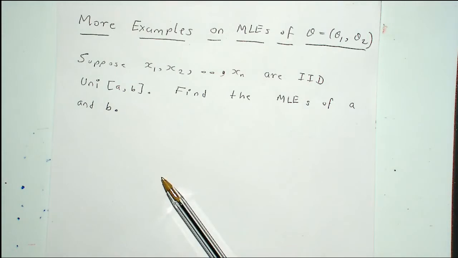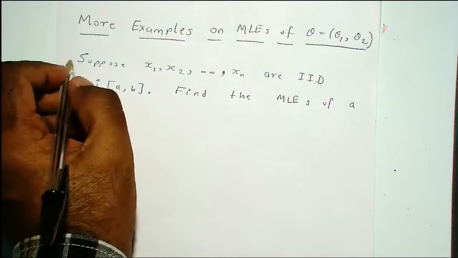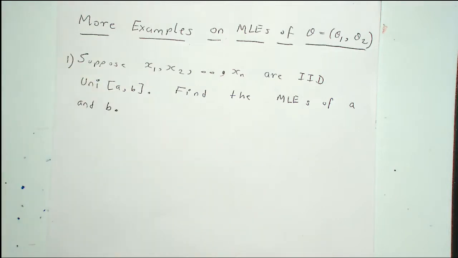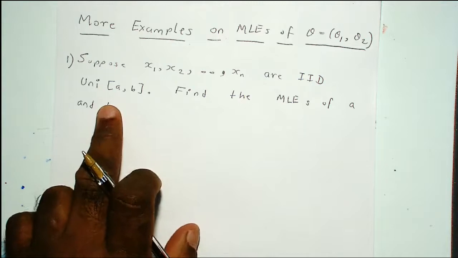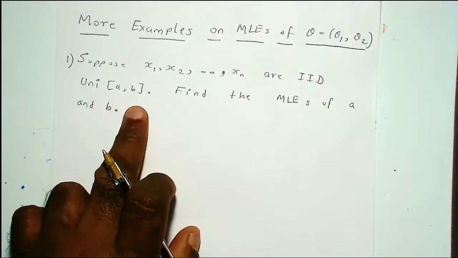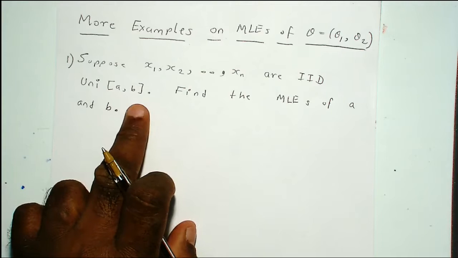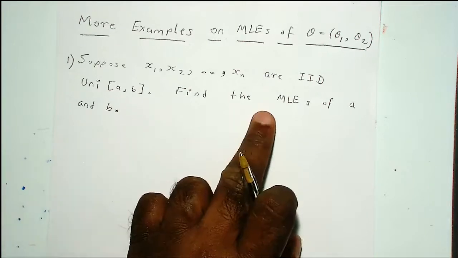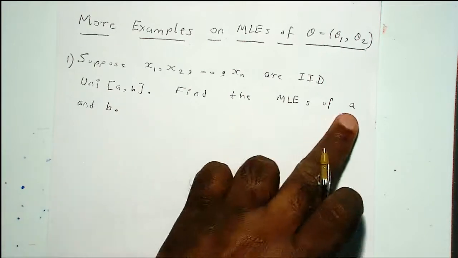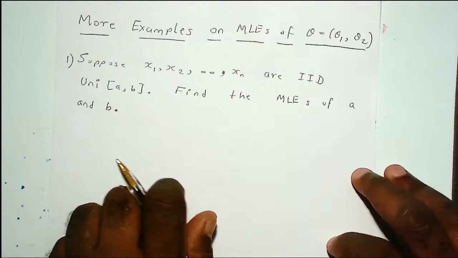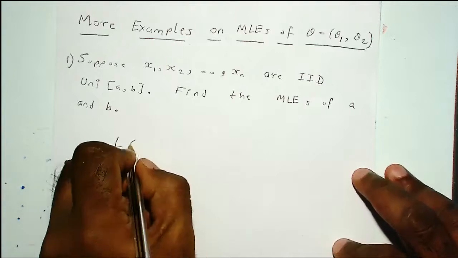Are you guys listening or what? So the first example I'm looking at today is the following. You have a random sample from a uniform distribution on the interval a to b, and both parameters a and b are unknown. And we want to find the MLEs of a and b. So the procedure is as follows. The first thing you do,